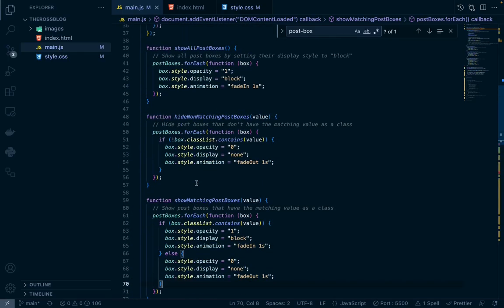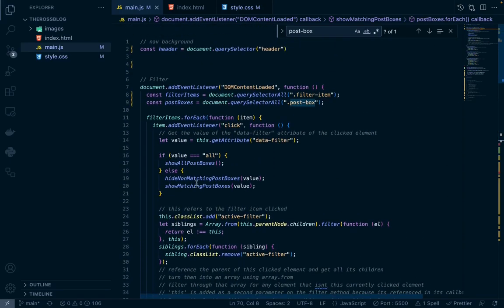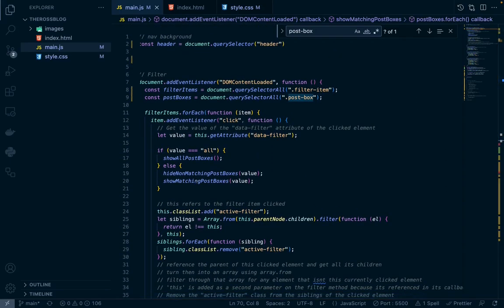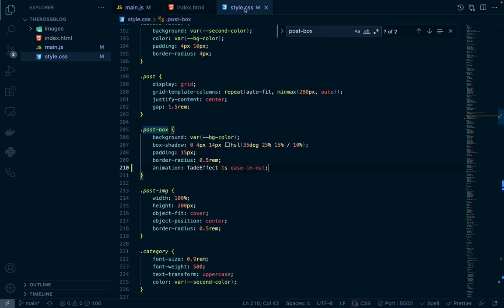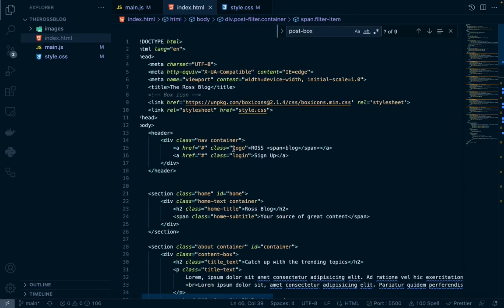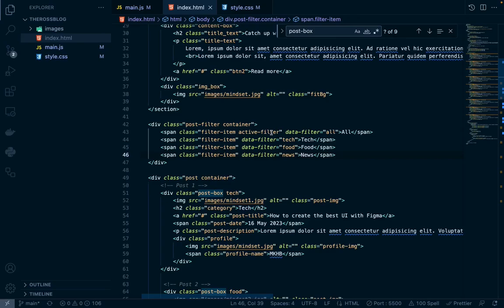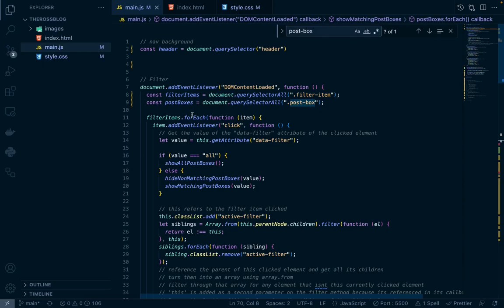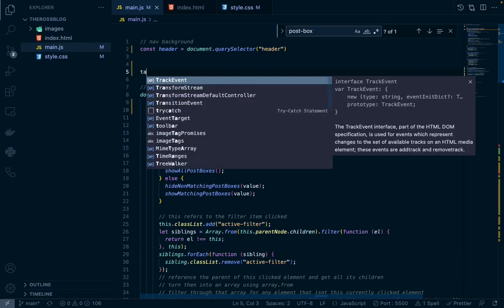Let me start from somewhere. The first thing I want to do is create a function that accepts the tab name. So when you click on each of these tabs, the tab name is supplied, which will be tech, food, news, and all. So let's get to work. The function, I'll call it